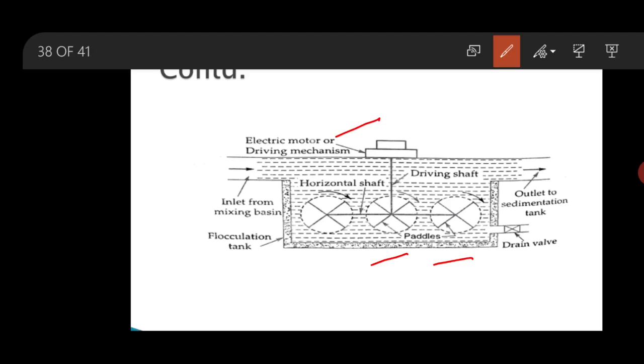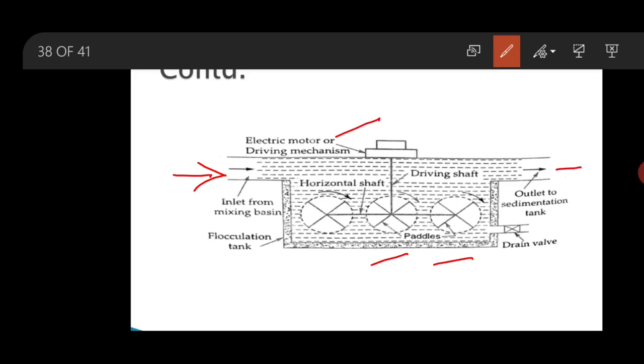Sometimes plain flocculation chambers with controlled flow velocity are also used for this purpose. Here you can see the water enters through this inlet valve, and then it is coming out